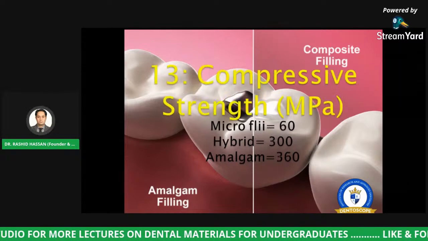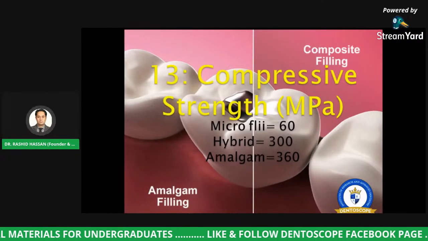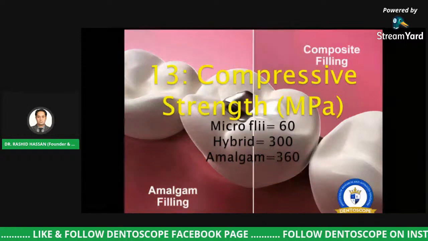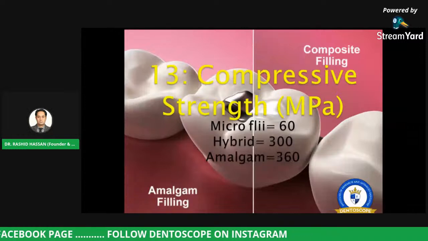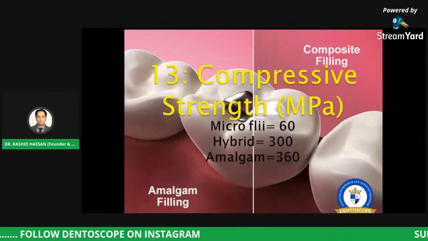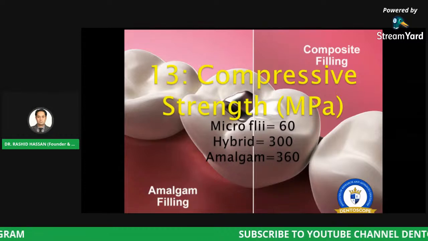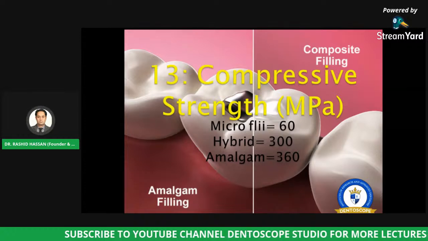Well, let's talk about the compressive strength. I told you that dental amalgam has an excellent compressive strength. It has a good tendency to bear the compressive load of mastication, the biting, the chewing. So that puts a lot of pressure on the restoration and the tooth structure, and the dental amalgam, as the value shows as well,